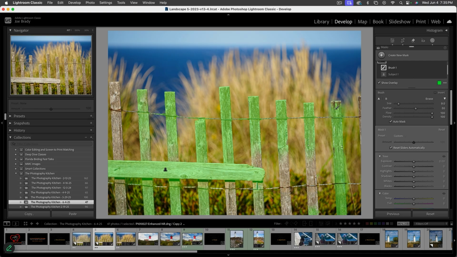It's okay if we get a little bit of the background for what we're doing. It really doesn't matter. So what I'm doing is I'm clicking once, holding down Shift, going up to where I want it to go. And what that does is it draws a straight line. And all we're doing right now is selecting, basically creating a mask. And if I decide I got a little bit messy in there, hold down the Alt key, that turns it to a minus, and just go around the areas that you thought, well, maybe I got a little too much background in there. Oh, I missed one. There's one over here too. Let's get that one. Again, click, hold down Shift,